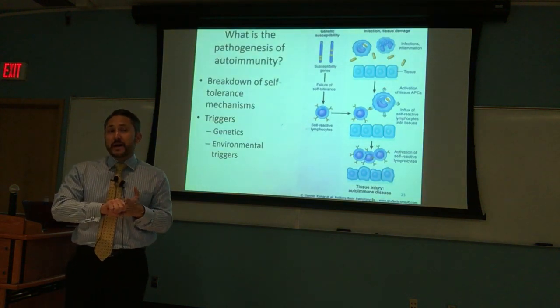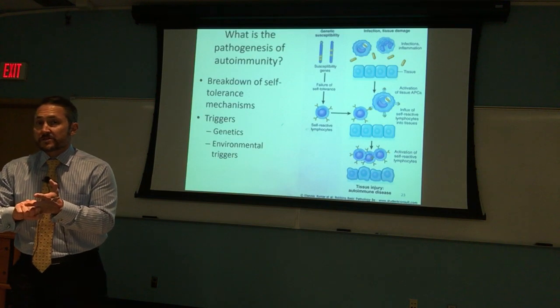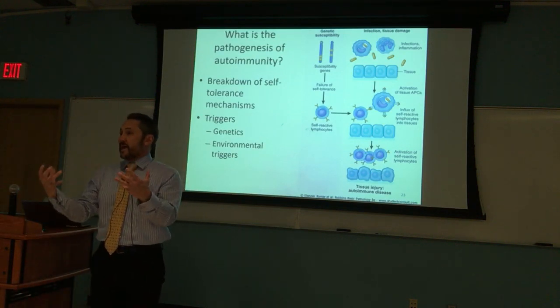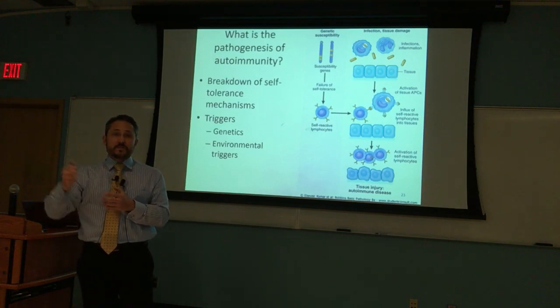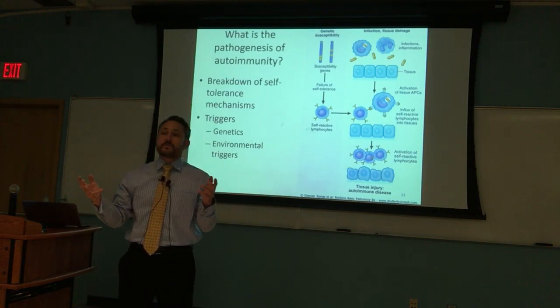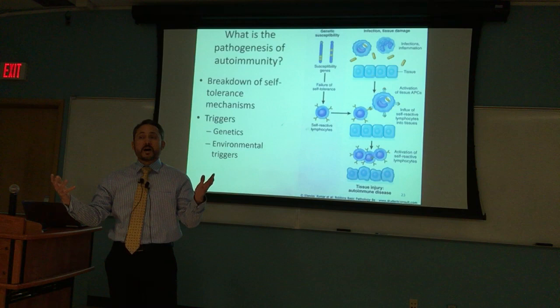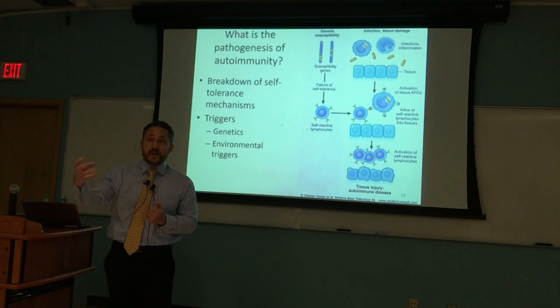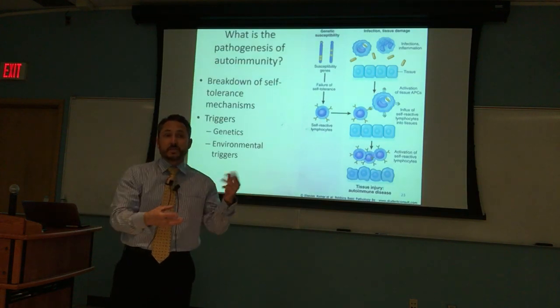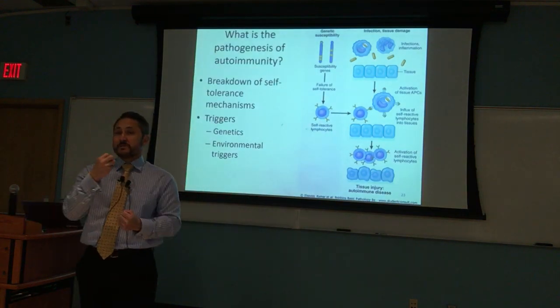If they're autoreactive and that mechanism fails, there's no way to prevent them once they leak out, like was appropriately just described. Once they leak out into the periphery, there is no peripheral tolerance mechanism for B cells in order to eliminate them. And now they're going to make antibodies against our own tissue in all sorts of different strange